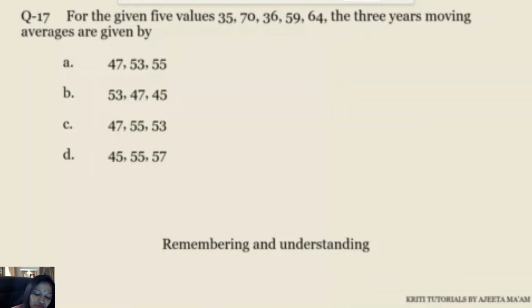For the given values, find the 3-year moving average. So this is the question which is based on time series simply. So for the 3-year moving average, what do we have to do? We have to take 3 values at a time and divide it by 3. So if we take 3 values at a time, we'll make groups of 3. So first is 35, 70 and 36 and we have to divide it by 3. Next is 70, 36 and 59 and then we have to divide it by 3 and the next is 36,